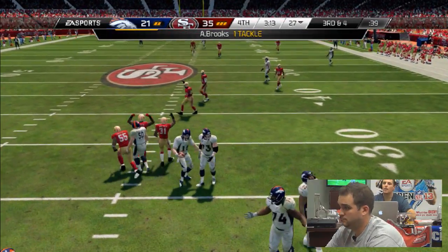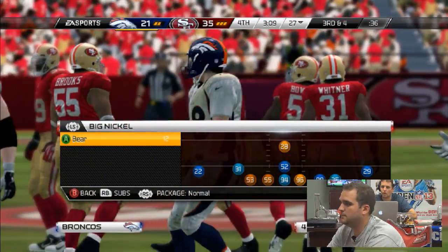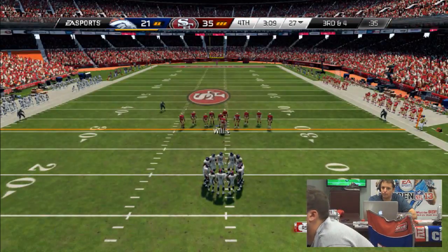3rd and 4. All right. Here's the thing. Remember last time on 3rd and 4, he ran 2 hitches over the middle. One was to Welker, one was to the other guy. Look out for that. Okay. Also know that he could run the...